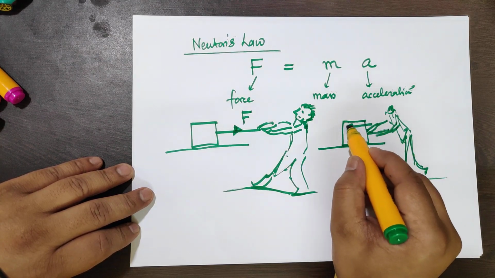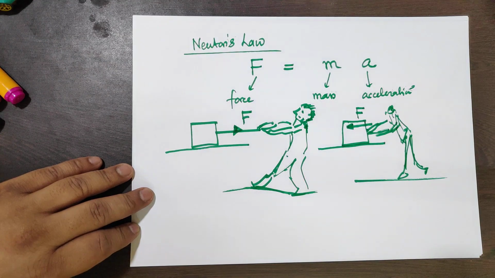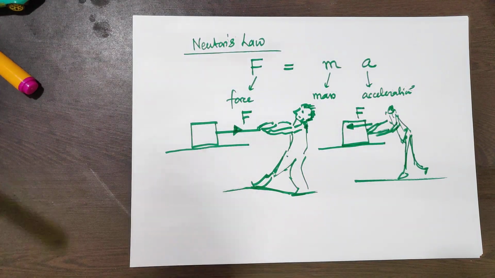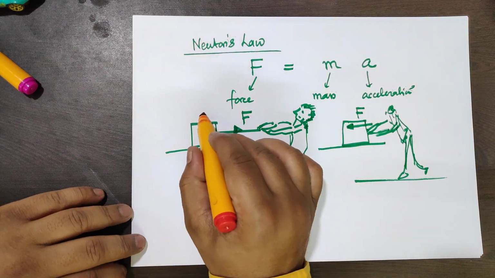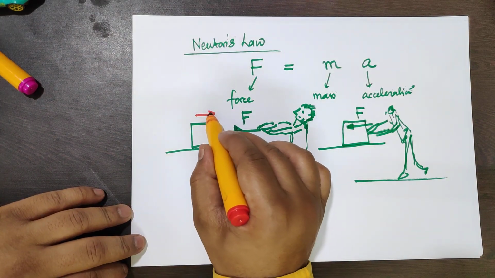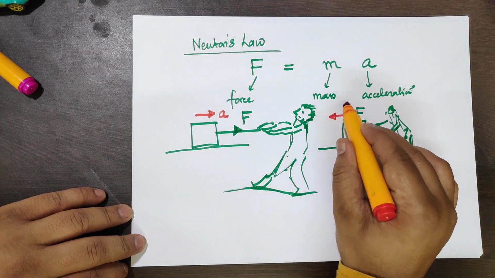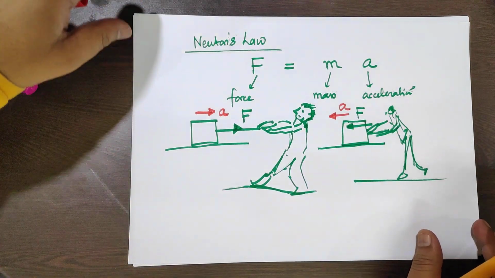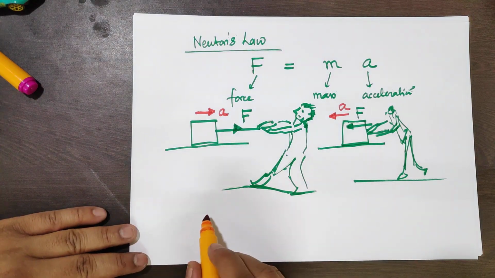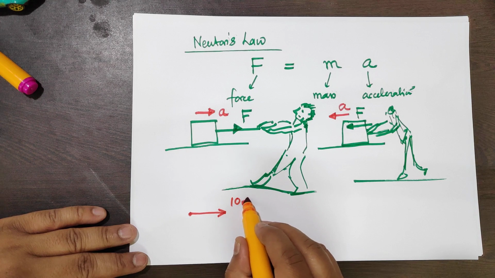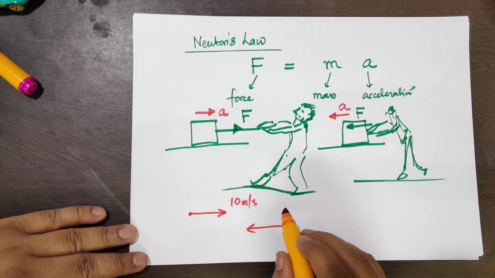If you push the block, the force will be this way. Okay. So in this case, this is the direction of acceleration of the block, and in this case, this is the direction of acceleration of the block. And in that problem, the particle's velocity changes from 10 meter per second to 20 meter per second